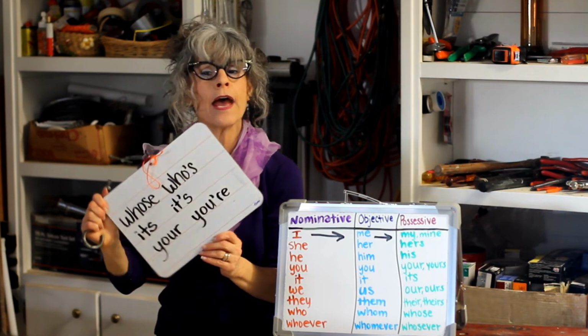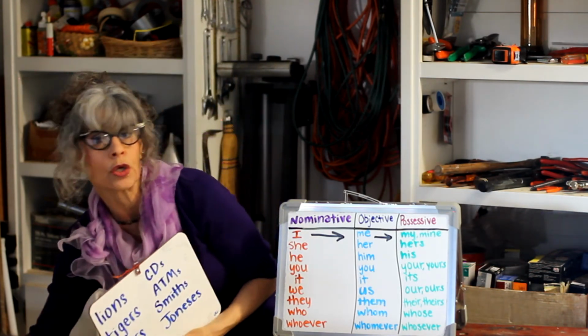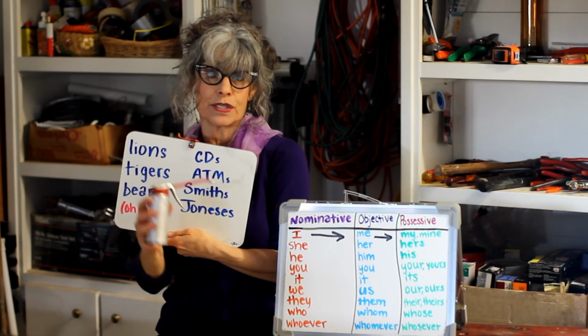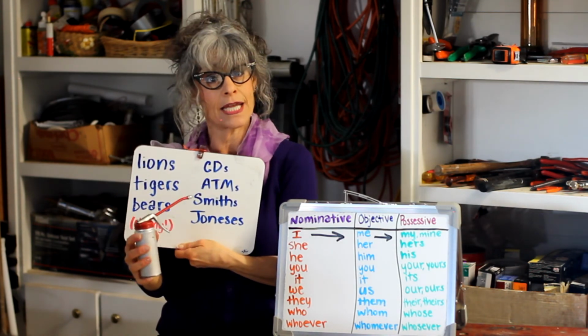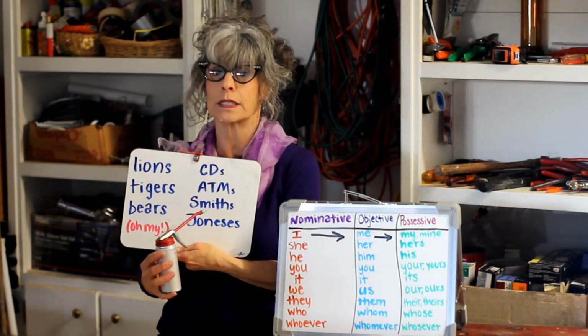And one more thing, never use an apostrophe for plurals. It's lions, tigers, and bears, CDs and ATMs, Smiths and Joneses. That's right,